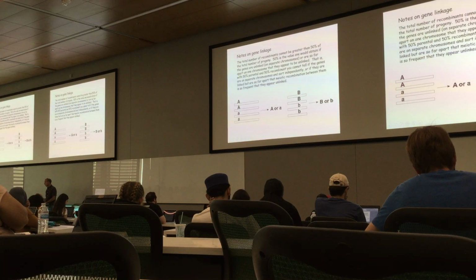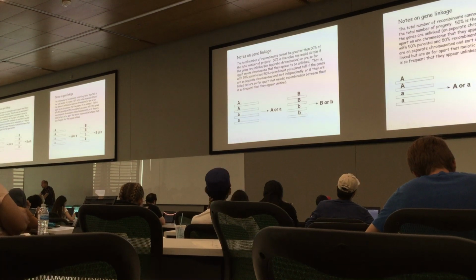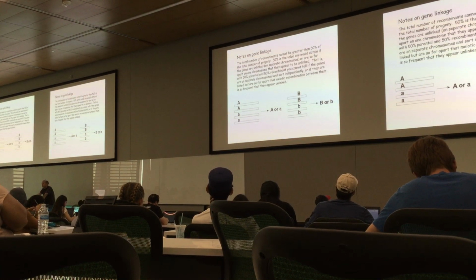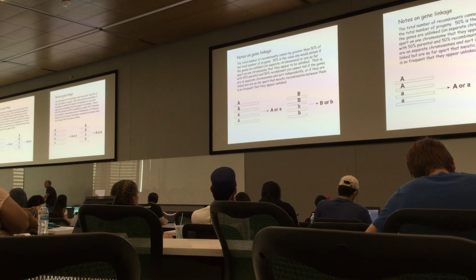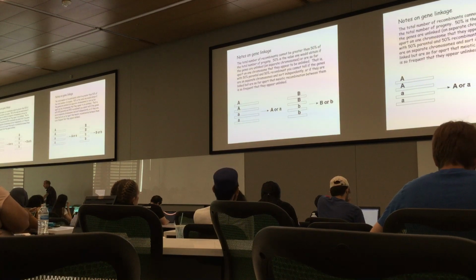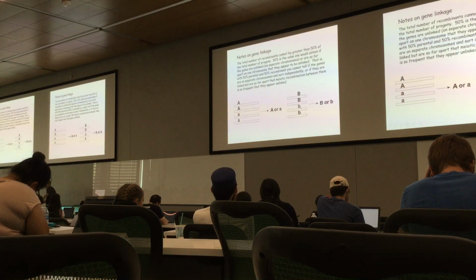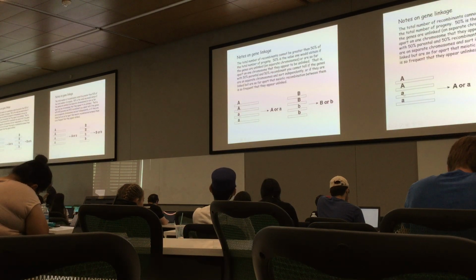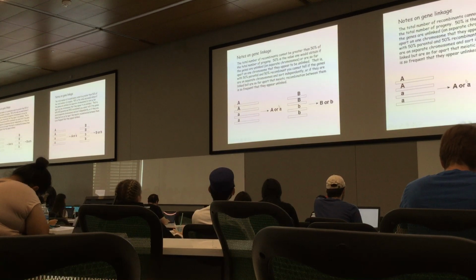Okay, what else? Non-linkage. The total number of recombinants cannot be greater than 50%. Sometimes this is a little bit confusing, but imagine two genes that are located on two completely different chromosomes. We know the way that they assort in a Mendelian fashion is that if you get big A, you either get big B or you get small b. It's kind of 50-50. If you get small a, you either get big B or small b, another 50-50 option. So this is what happens in the Mendelian case. It turns out that's the maximum. In that case, you get 50% parental,